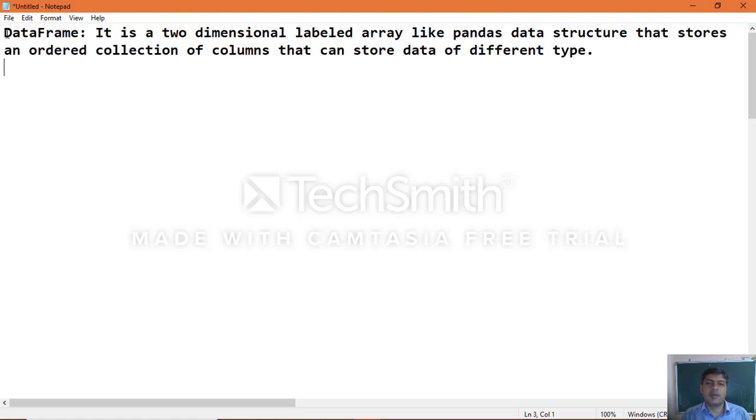Data is stored in the form of rows and columns, which you can understand like MS Excel, also called a spreadsheet. That's why data is stored in tabular form, which we call labeled arrays.